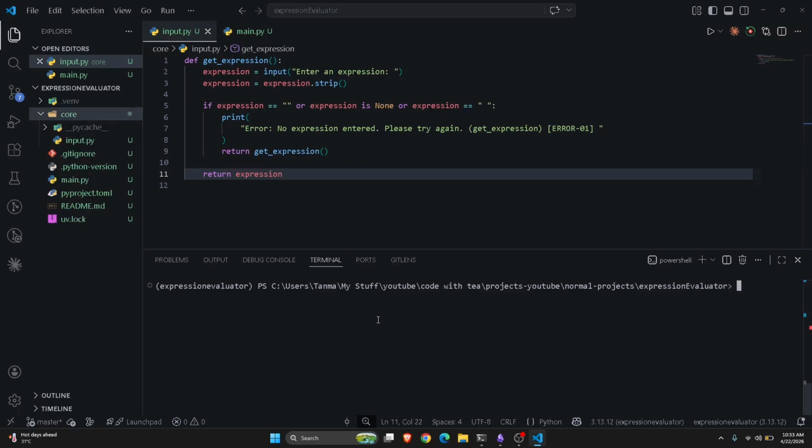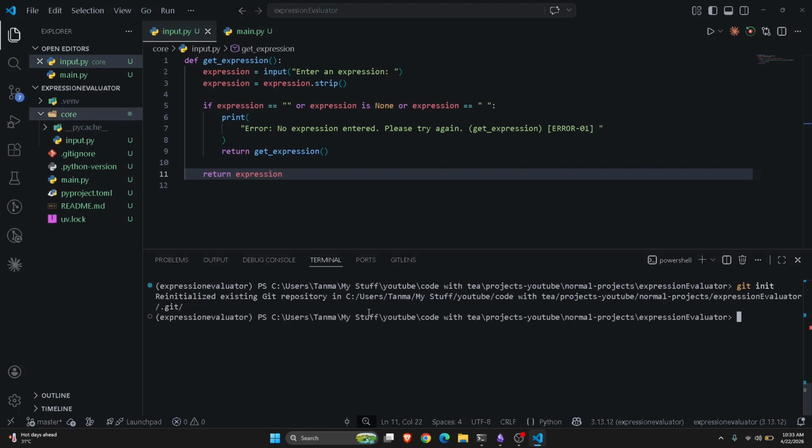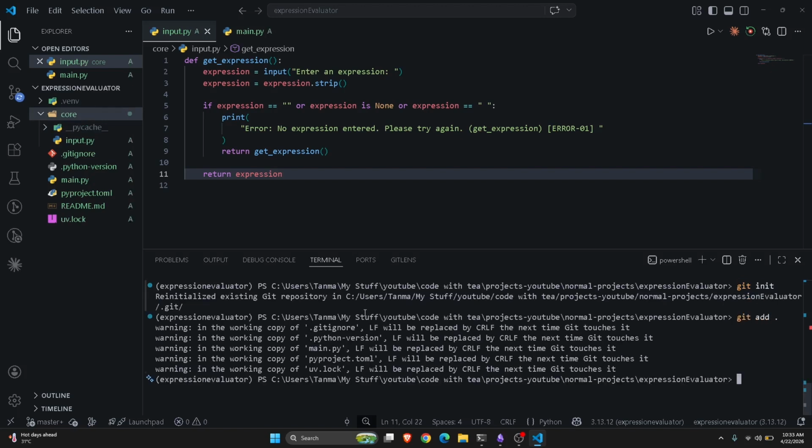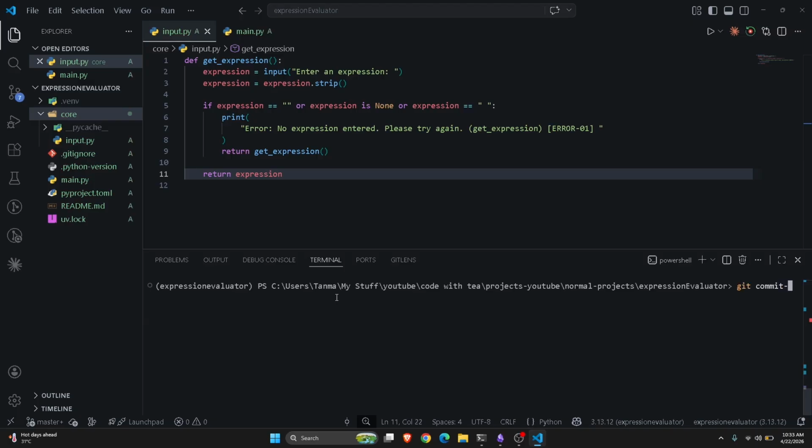The first thing is git add. Sorry, I almost forgot to do git init and git add. Let's add everything. Okay, let's git commit. The message will be feature add input.py with